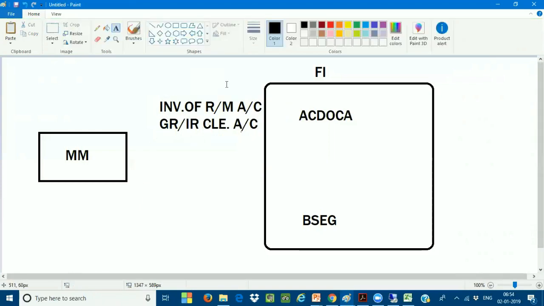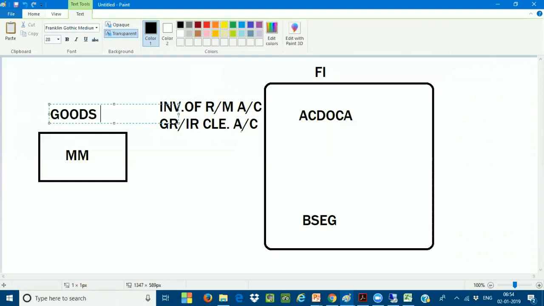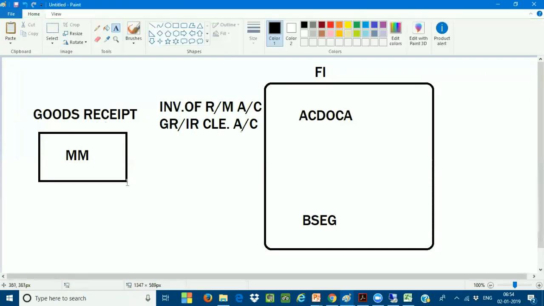Normally this is called the MM document, created when the goods receipt is posted in MM. The goods receipt is called a material document; this is the raw material received against the purchase order. Now, when this goods receipt is posted in the MM module through the accounting interface, the inventory of raw material account is debited and the GRIR clearing account is credited, and this accounting entry is posted in the ACDOCA table, and the same accounting entry is also posted in the BSEG level table.